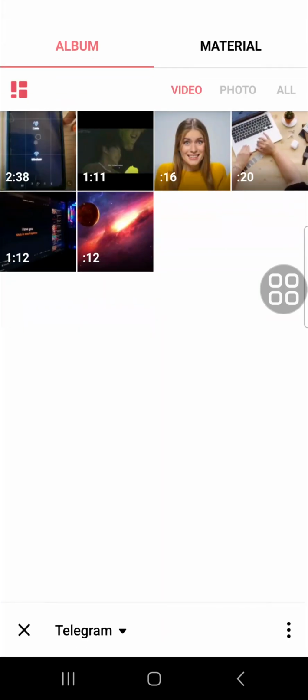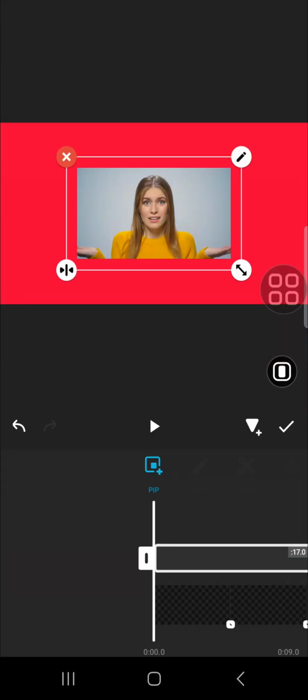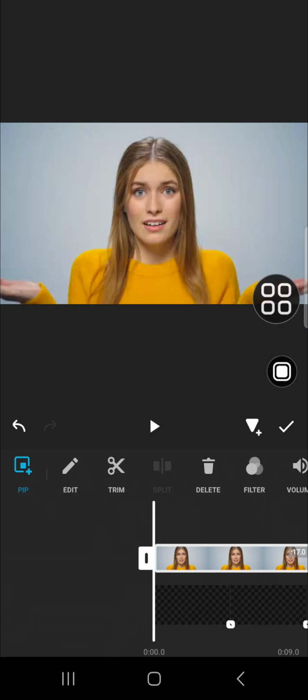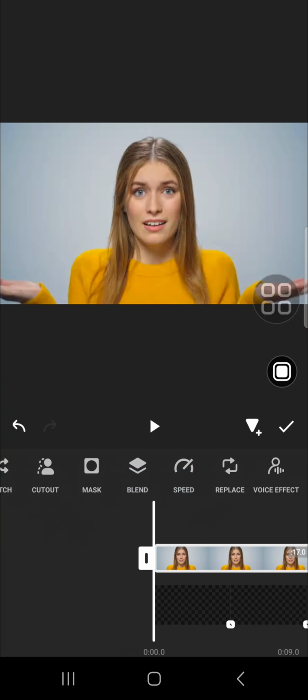Want to change the color of clothes. I'm going to go to the PIP and then I'm going to change the color of clothes of this video. Okay, we can click on this autofill button to fit the screen, and then you can use chroma feature to